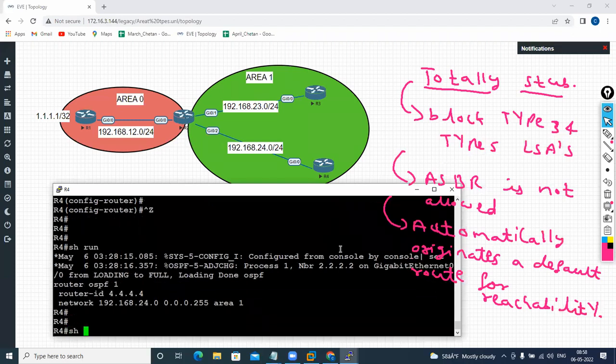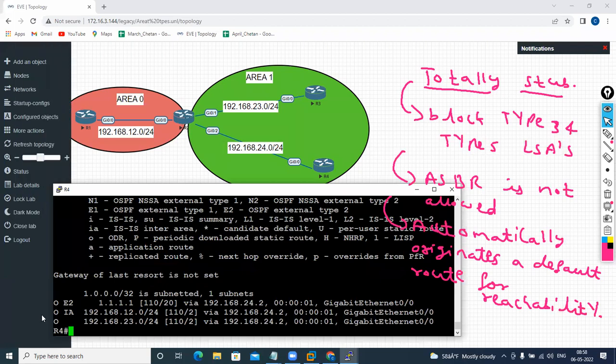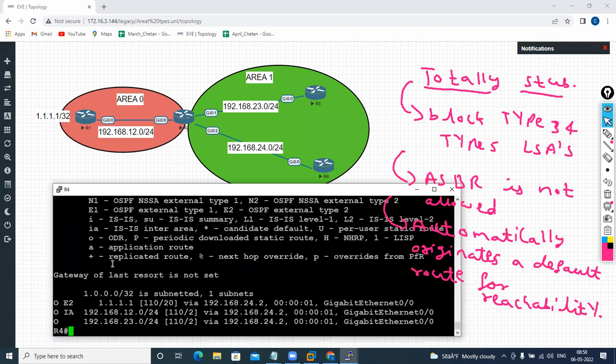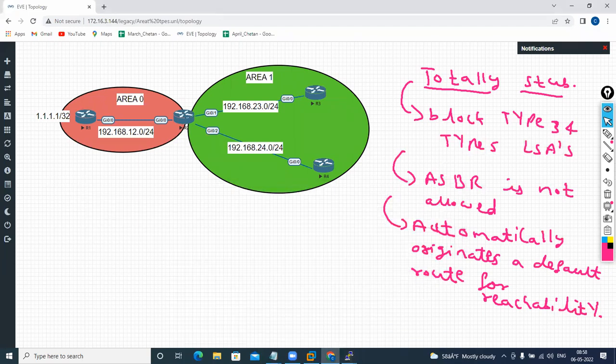Now you should see both the type 3 and type 5. I have both type 3 and type 5 now. So what totally stub will do, it will block both your type 5 and type 3 LSA, and it will automatically originate a default route for reachability. Now how to configure that? So on the ABR,